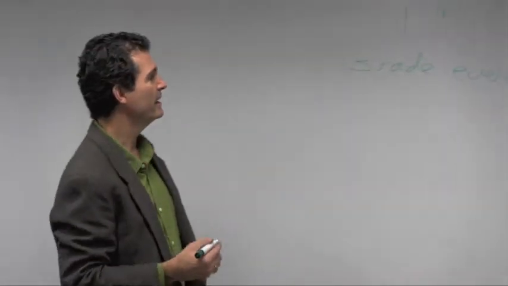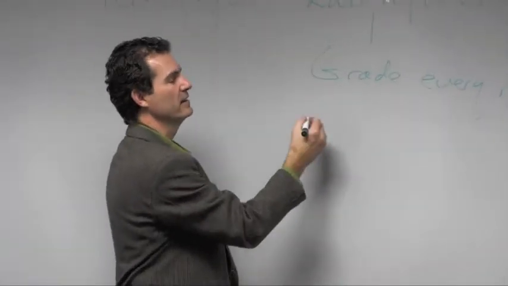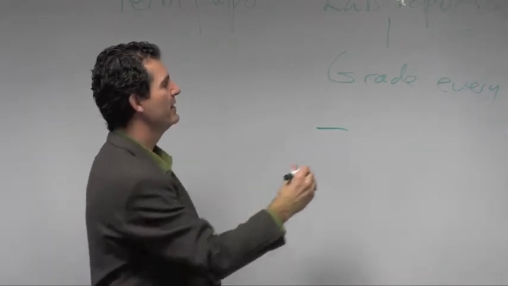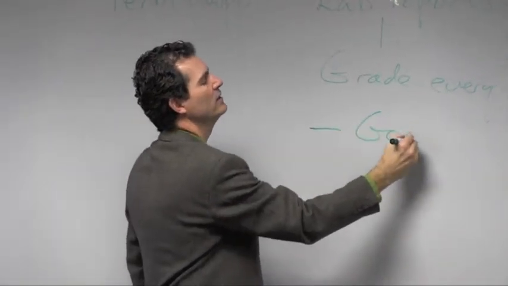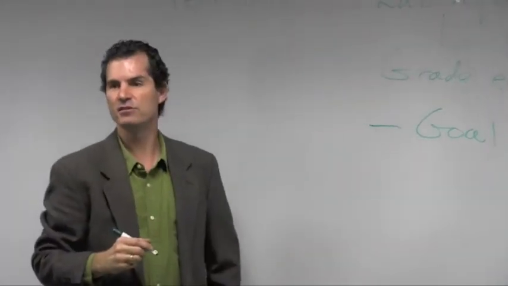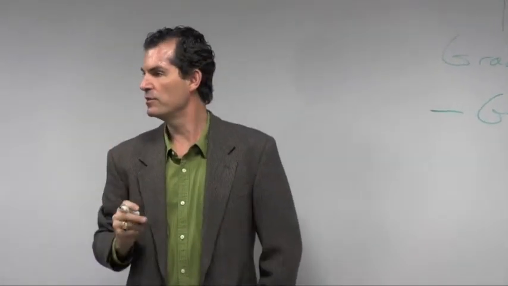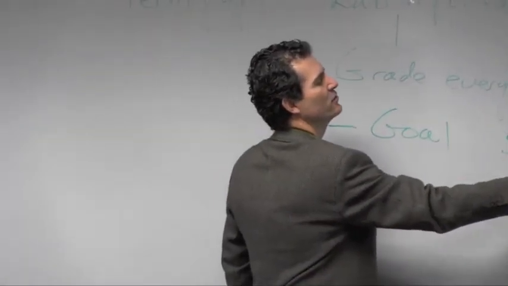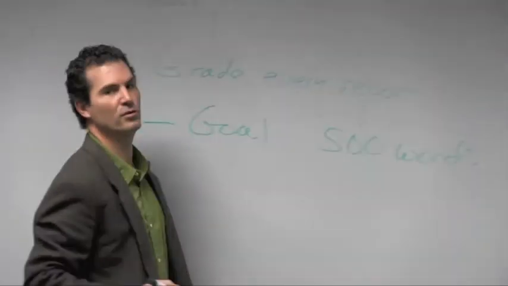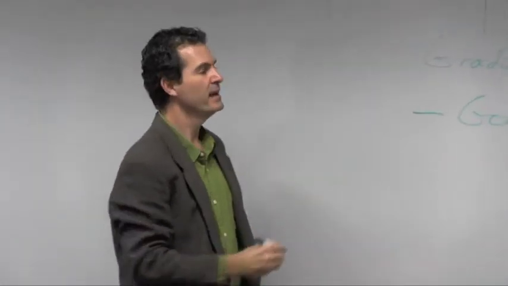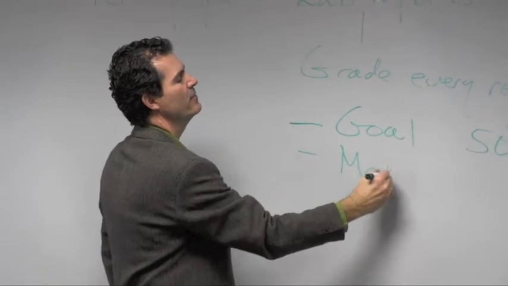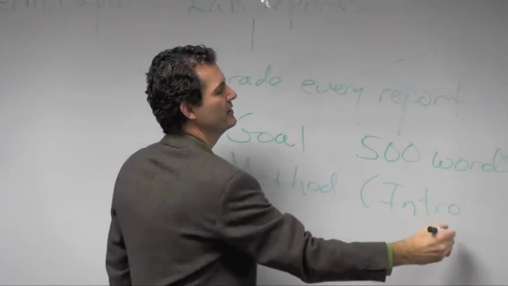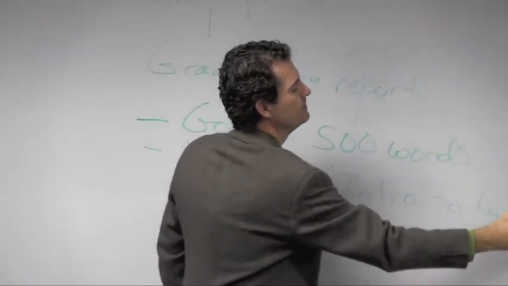All right, and I came upon the method, as I said, from the WAC symposium, that the first thing you had to do was have a goal, all right? My goal was to teach my students how to write a relatively short passage that could be read. I decided that the reasonable goal was that I would like them to be able to write 500 readable words in a row, all right? That was my goal. And you had to have a method, right? And my method was to use the introduction to a lab report, the intro to these lab reports.